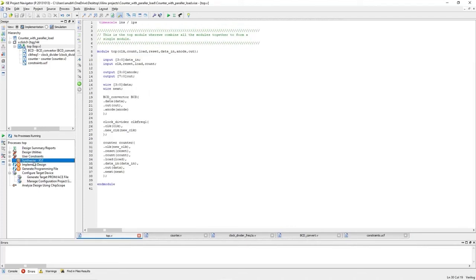Now let's synthesize this code. Implement design.